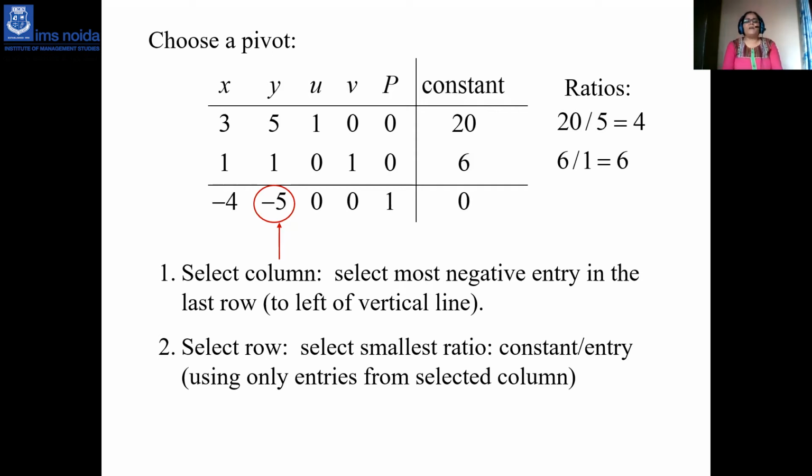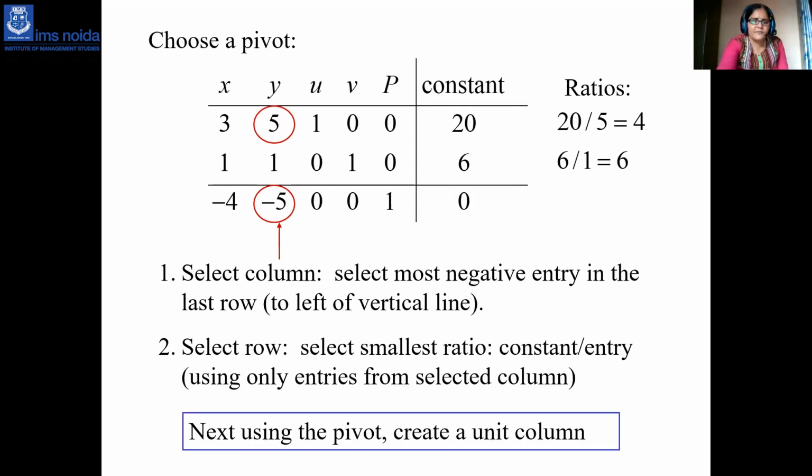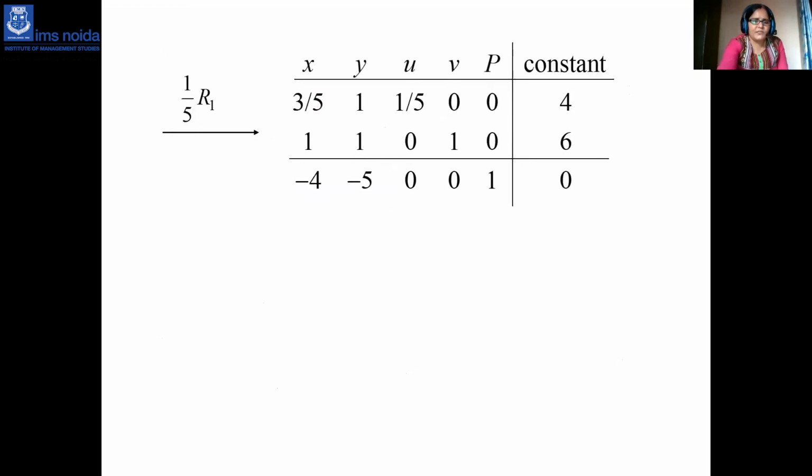First you found the -5 column is your pivot column. Now you have identified the pivot row, that is your first row. So how is 5 the key element? Because in the first row 20 by 5 equals 4, which is less than 6 by 1 equals 6. So the pivot element is 5. Now divide the first row throughout by the key element 5, and you get the new values. The other values you can also find by using the formula.